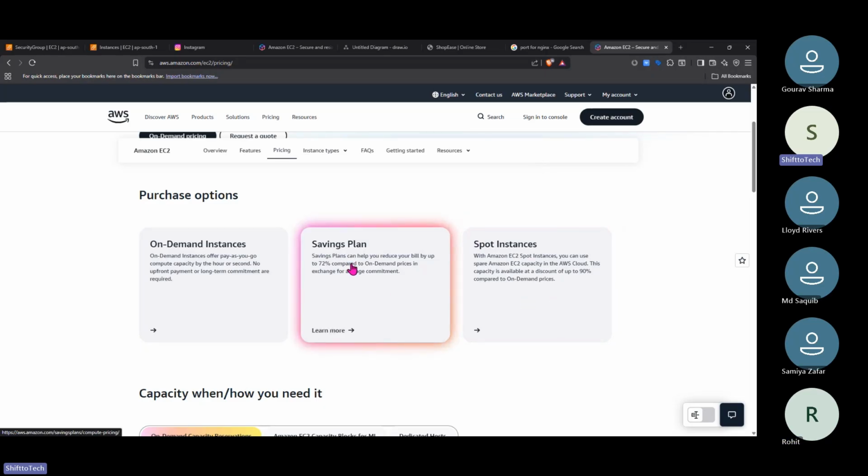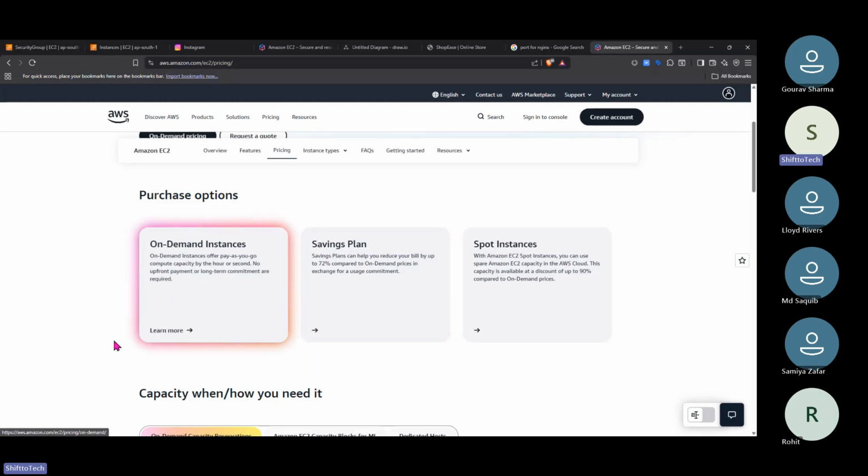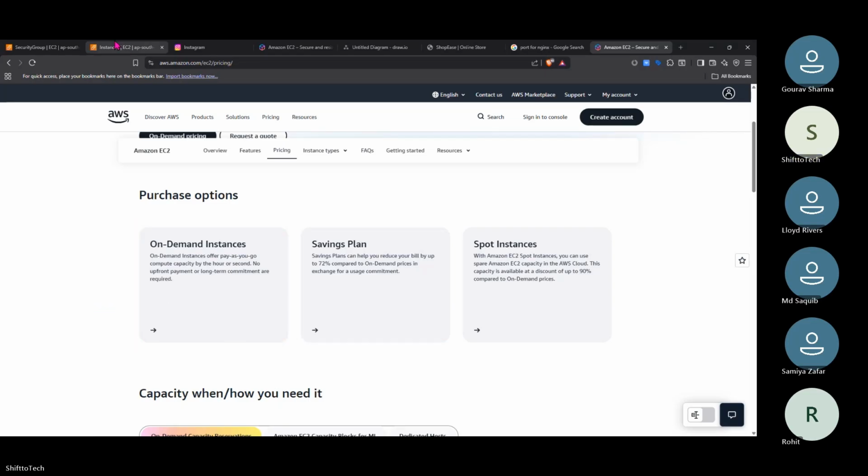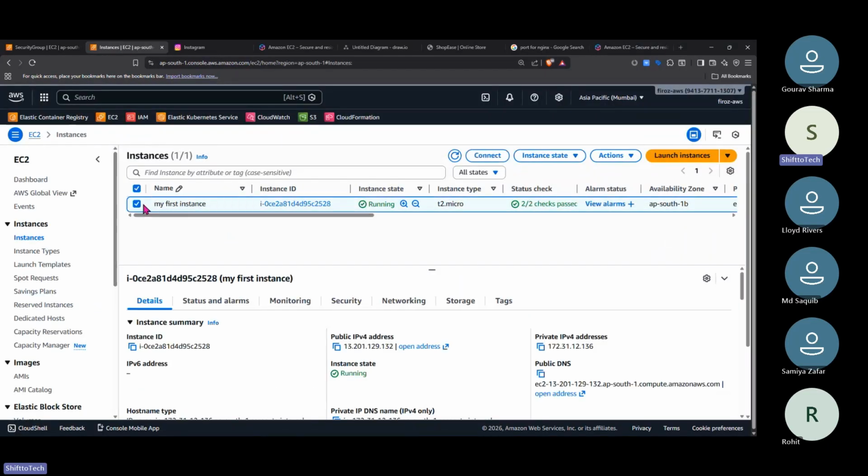With savings plans, you are not bidding, you are saying that we need some servers for 1 year. AWS will be happy: okay, you need a server for 1 year, I will provide you, and he will give some discounts. It's like buying plans in Netflix or something else: if you buy for 1 year, it will give you more discount. On demand, you need it now, AWS says yes, I will give you, but the charges are high. If you are okay, I will provide. Suppose I need one server for my front end application.